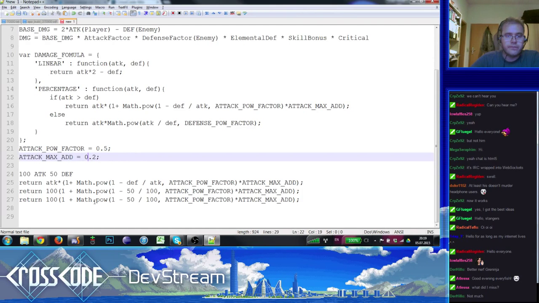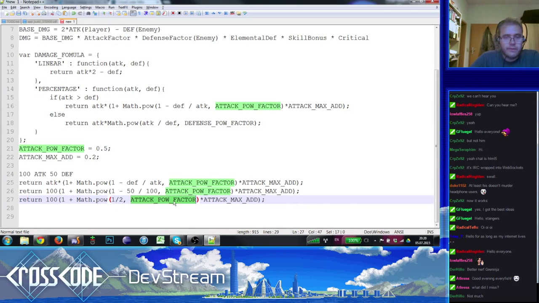So again, this is actually 1 minus 1 half, because 50 divided by 100 is 1 half. So you get a power of 0.5, and this is 0.2.